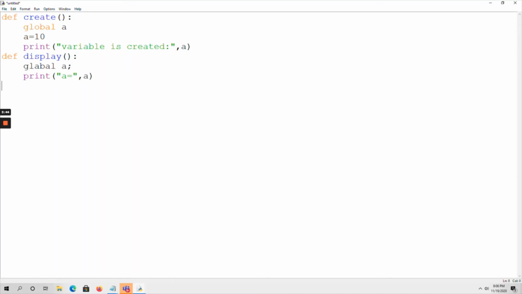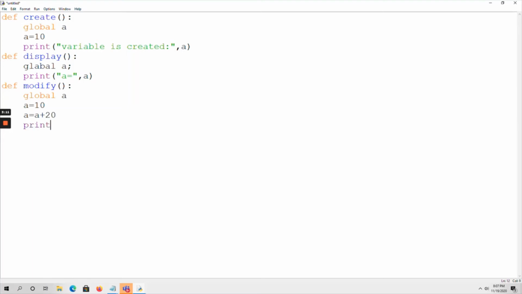Next, I am going to define a function modify. So, here by using this function I am going to modify the global variable value. So, global A, A equals to A plus 20. Okay.